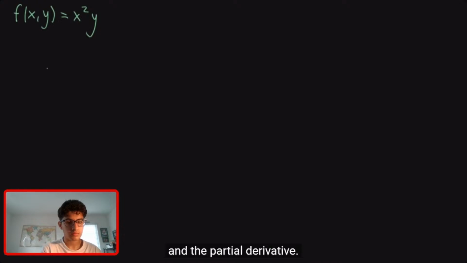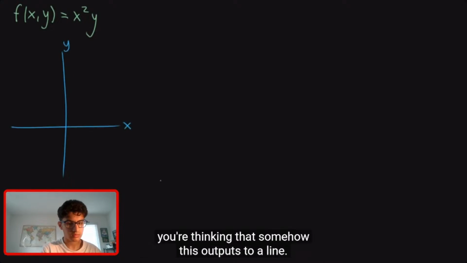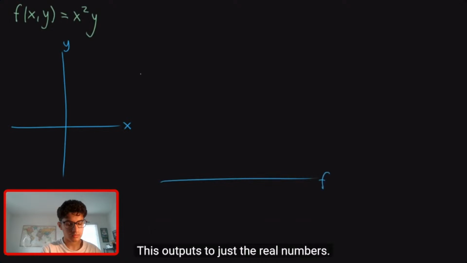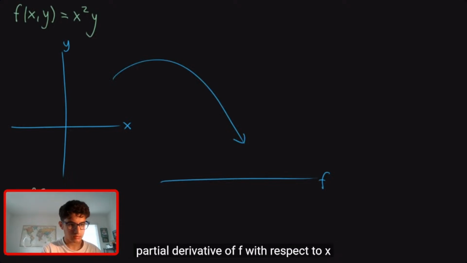And the partial derivative, one of the ways that I said you could think about it is to take a look at the input space, your x and y plane. So this would be the x-axis, this is y. And, vaguely in your mind, you're thinking that somehow this outputs to a line. This outputs to just the real numbers. And maybe you're thinking about a transformation that takes it there, or maybe you're just thinking, okay, this is the input space, that's the output. And when you take the partial derivative at some kind of point, so I'll write it out like partial derivative of f with respect to x at a point like 1, 2, you think about that point, 1, y is equal to 2, and if you're taking with respect to x, you think about just nudging it a little bit in that x direction, and you see what the resulting nudge is in the output space, and the ratio between the size of that resulting nudge and the original one, the ratio between partial f